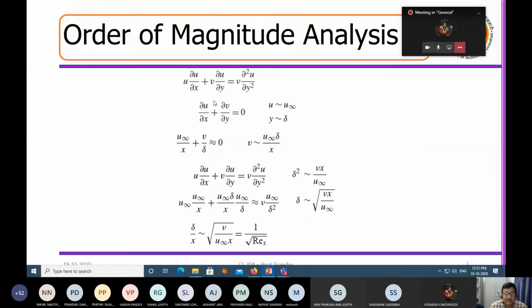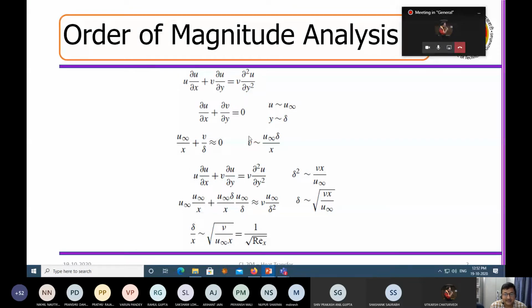This was your hydrodynamic equation, right? And this was your continuity equation. Now, say I take u as u infinity and y as delta, and I plug back in here. So what I get: v is v, delta y is my boundary layer thickness, u is my u infinity, and x is x. If I do that, I get v equal to u infinity delta by x. Now x is very long, delta is very small. So even if u infinity is very high, delta by x makes v very small. So one can appreciate that v will be negligible here, right?